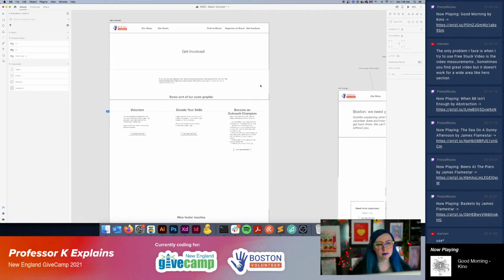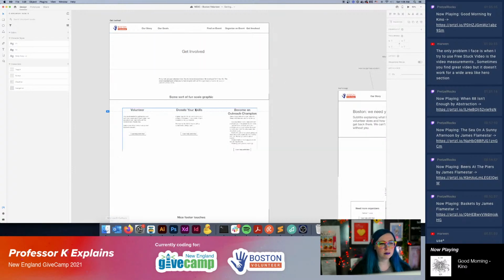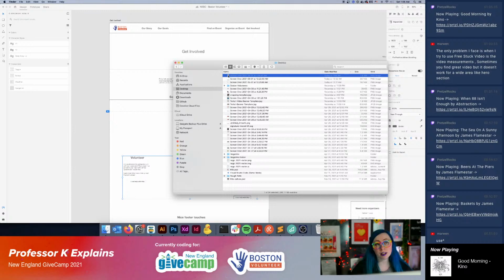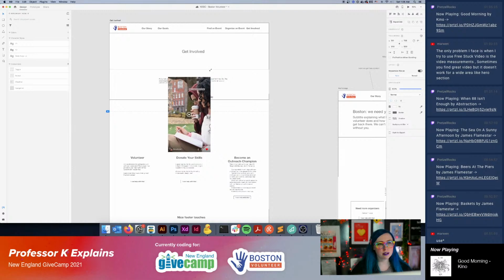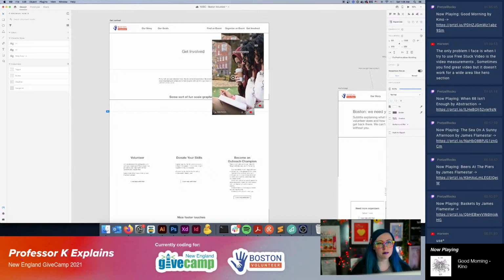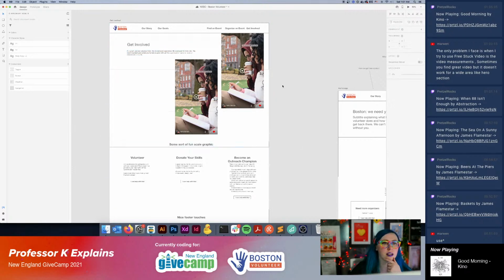So let's see where the get involved page is. Not there. But maybe the stock videos are vertical. Maybe that would be really cool, like maybe I just figure out some sort of way to align a couple of these. And then you could do some really fun type stuff with this. It kind of mucks with my fun scale graphic idea, but